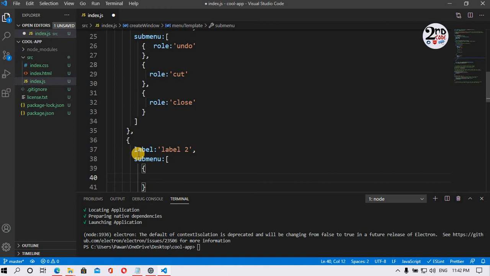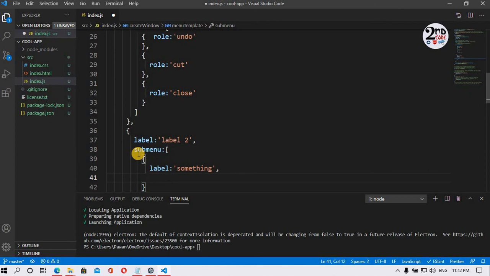Suppose it has a label like something. And we have to define an accelerator for our label.